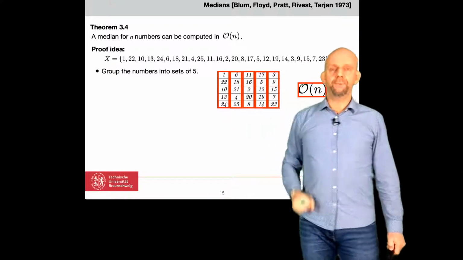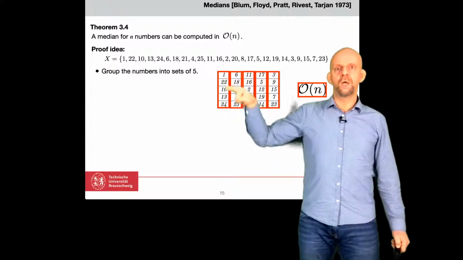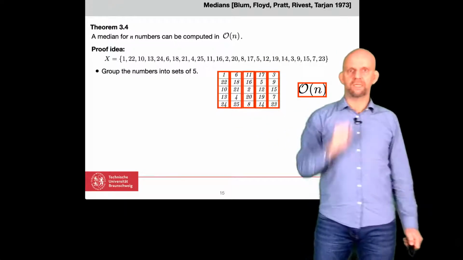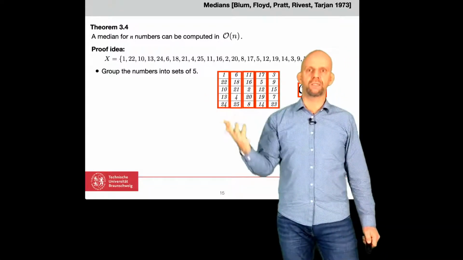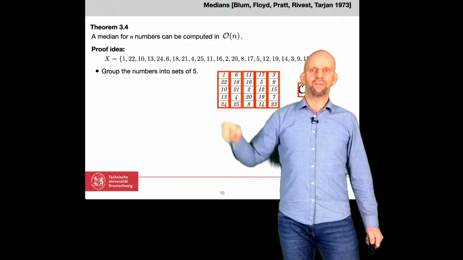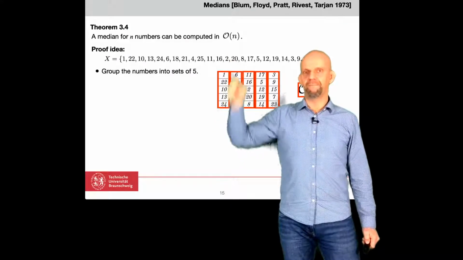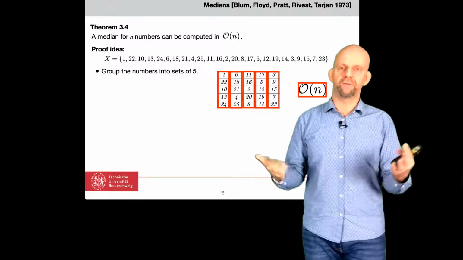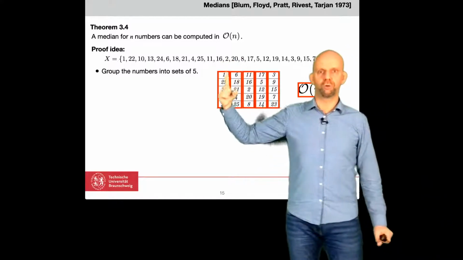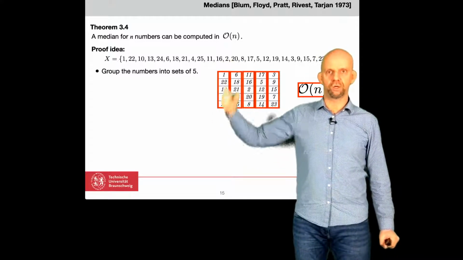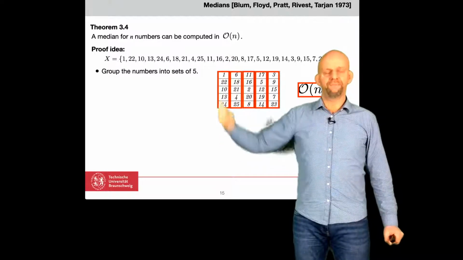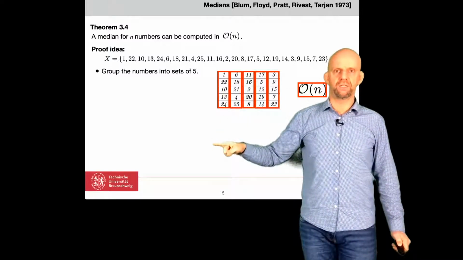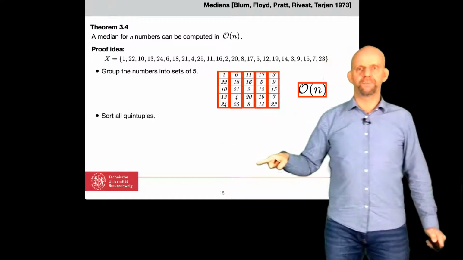Okay, second step is you sort each of these sets. How long does that take? Well, 5 is a constant. You can use your slowest sorting algorithm for a set of 5 numbers, and it's still going to be constant because you're dealing with a constant. Obviously, you shouldn't use Bogo sort or something like that, but use a reasonable sorting algorithm, and it will take constant time to sort any of these subsets,